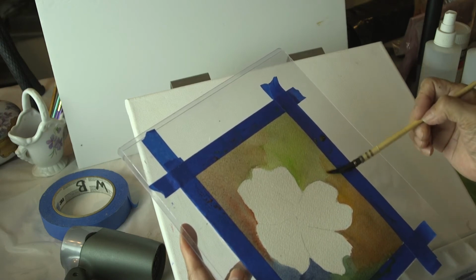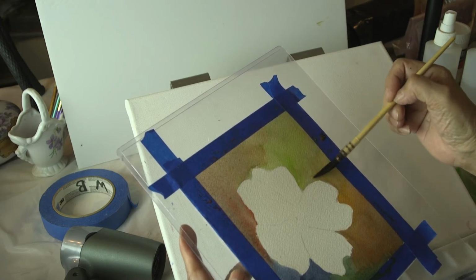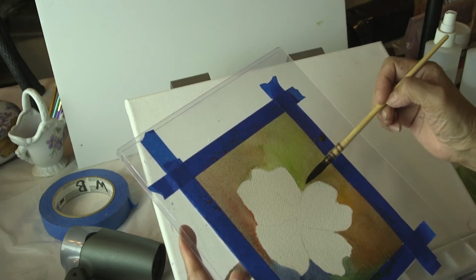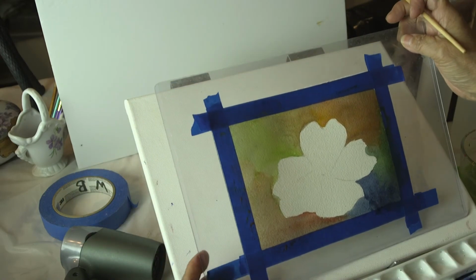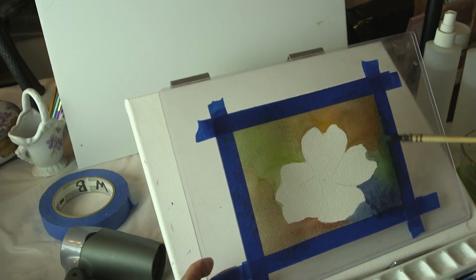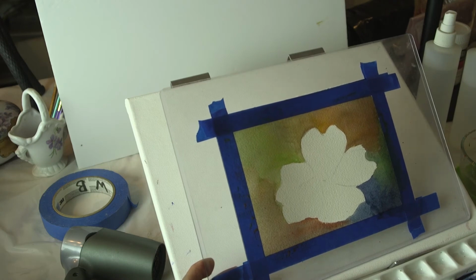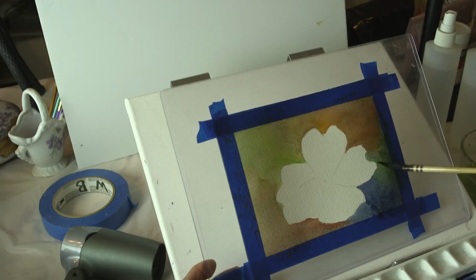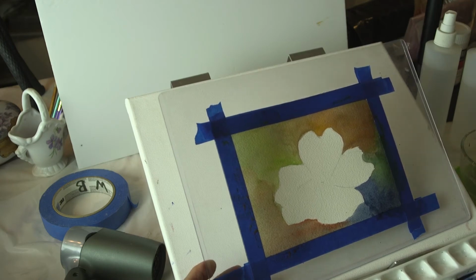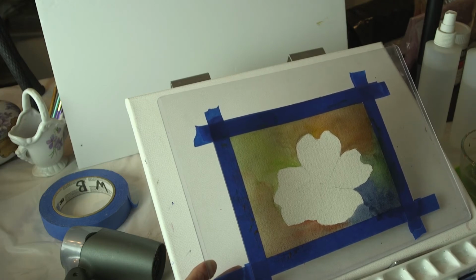You'll notice also that in watercolor, after you paint it and it dries, the colors will be lighter than how you saw them when you had originally painted them. So that's a good thing also to experience as you go. Okay, so now you can come back after it dries and add more to it,